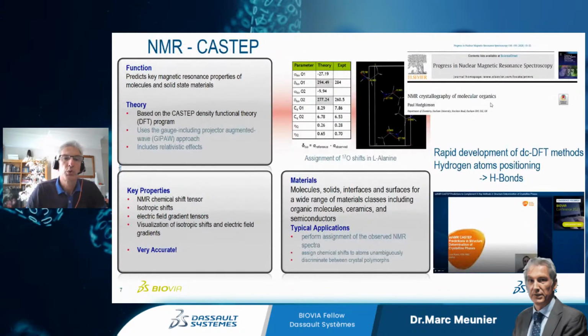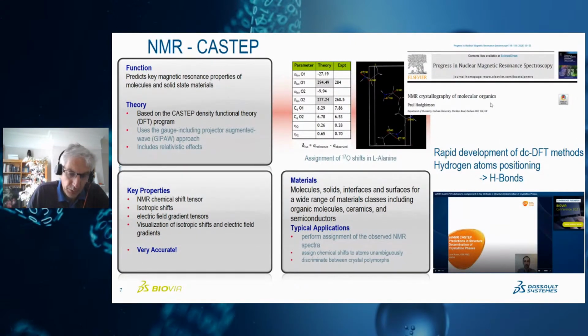You can also use simulation of the NMR. So here we have a tool called CASTEP, NMR CASTEP, which allows for predicting the key magnetic resonance properties of the molecule and the solid state materials.